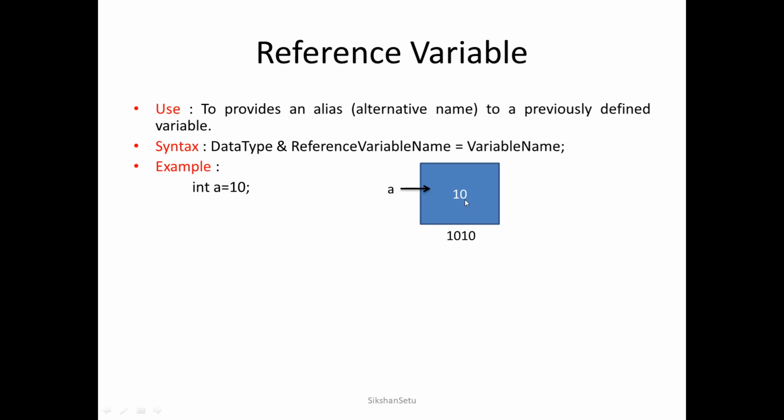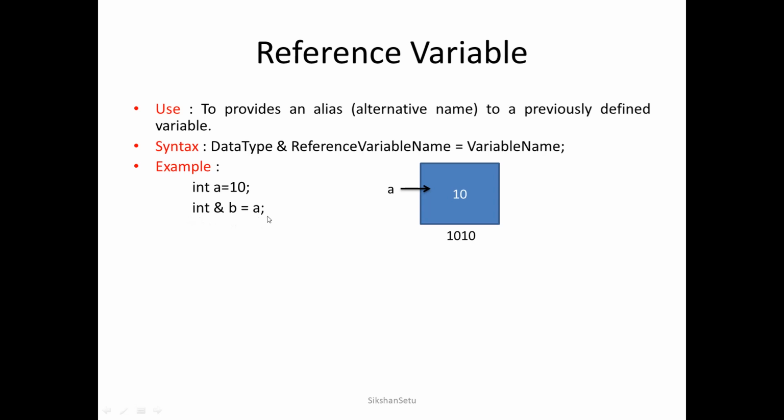Now I am creating a reference variable for it. As per the syntax, first comes the data type, which I have taken as integer. Then this is the symbol of a reference variable, and B. So B is a reference variable of type integer, which is useful for referring to an integer variable. Which integer variable are we going to refer to? Here we are referring to variable A, which already exists.